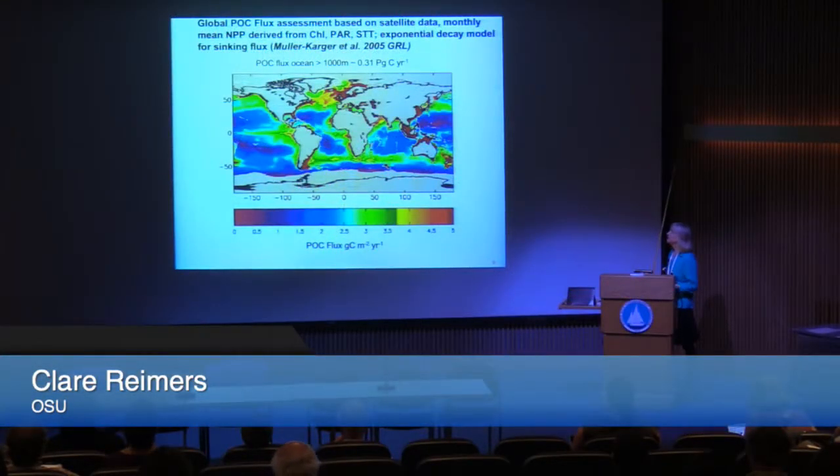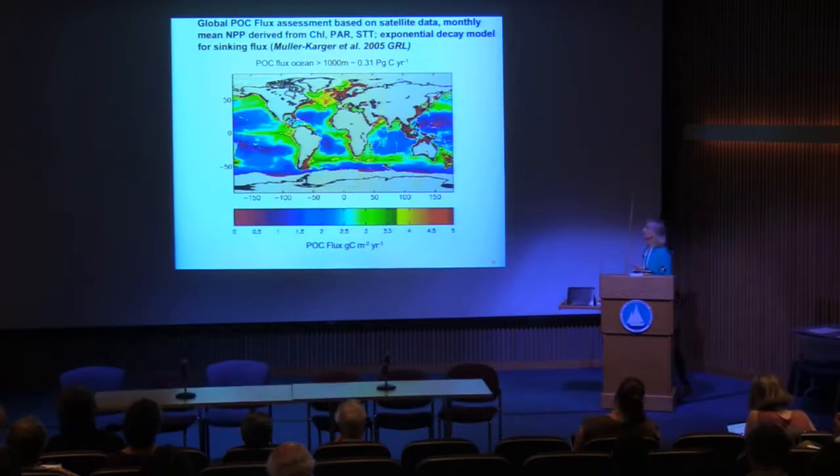And if you integrate this figure, which they produced, for the areas of the ocean below 1,000 meters, the global flux is 0.31 petagrams of carbon per year. And for the margins, they get about twice that, or 0.6